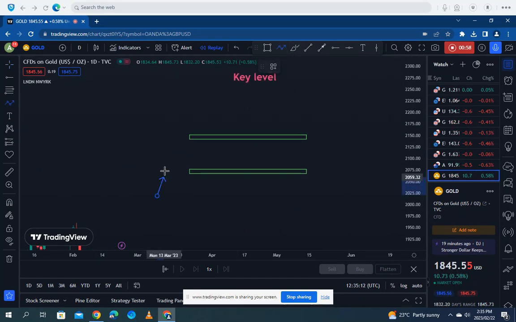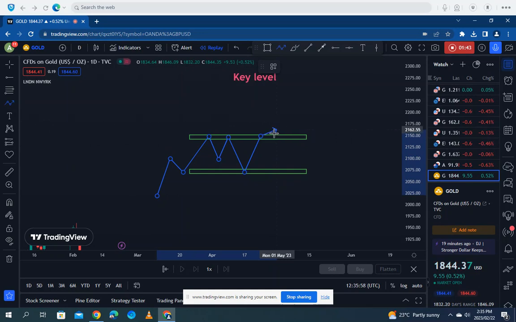Let's say the market is coming from the downside and all of a sudden it reverses without any evidence to the left. It starts reversing to the downside. If that happens, we know that that is our key level. We know that next time when the market gets to that zone, we are more likely to make money if we sell the market. If the market reacts to that level, we need to sell the market to benefit from this move to the downside. And if it gets back to the previous key level and reacts on this level, we're going to buy it back to the upside. So we're just going to keep doing that until the market breaks to the downside or